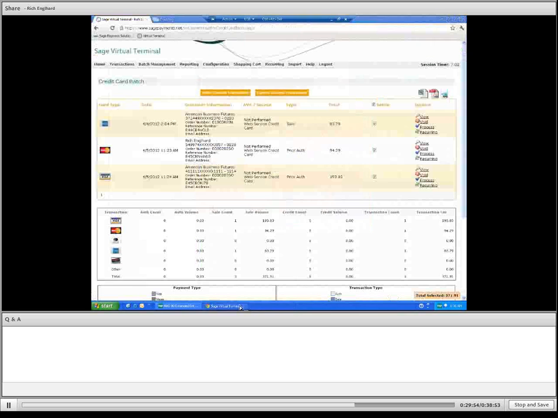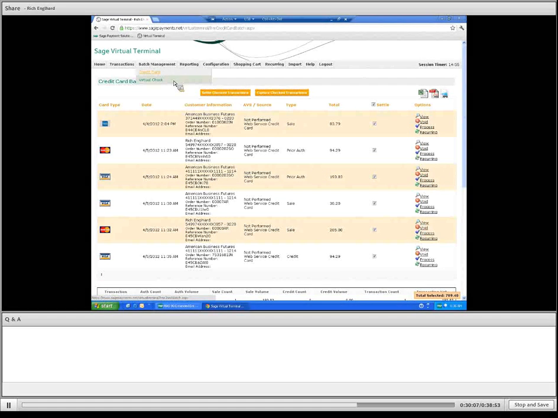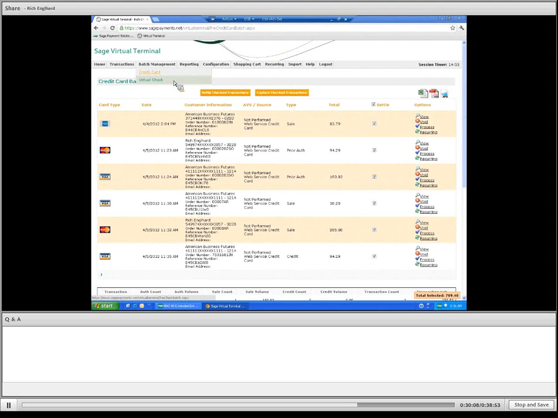With that, we'll go back to our virtual terminal, and we are going to click on our credit card batch management. As you can see, we do have virtual check there as well. That is currently not integrated today. We are working on integrating ACH transactions for the future,